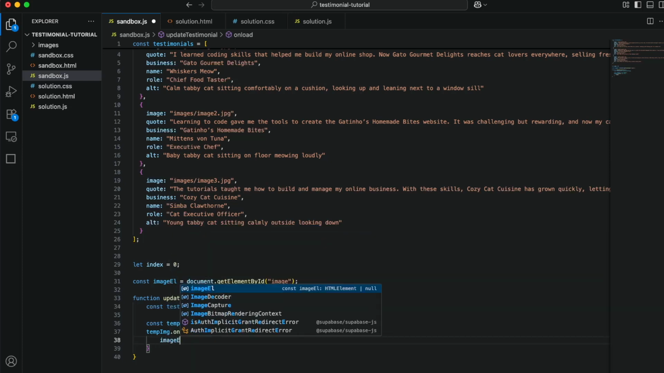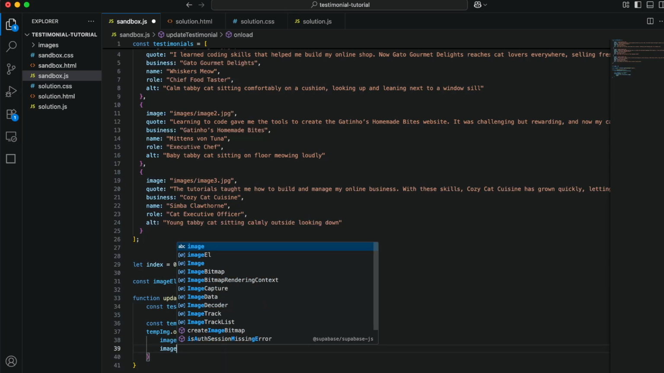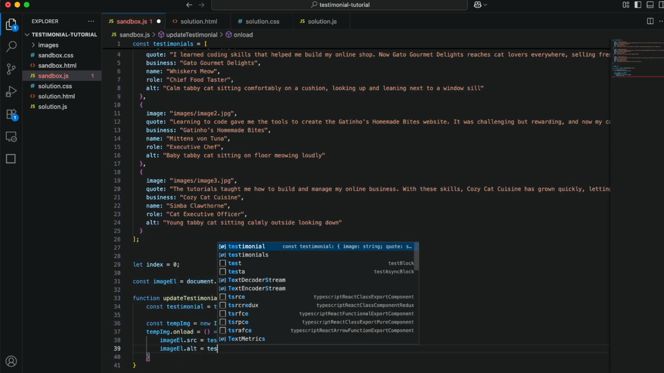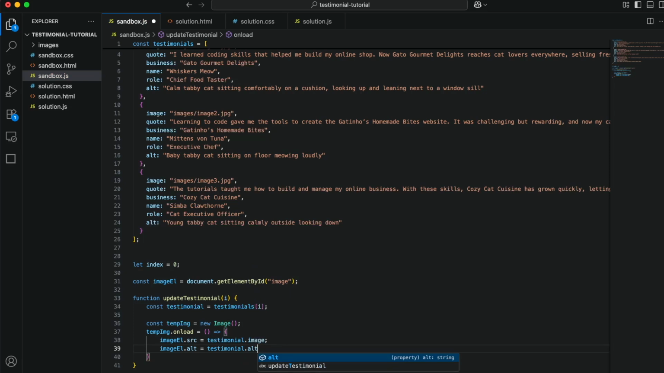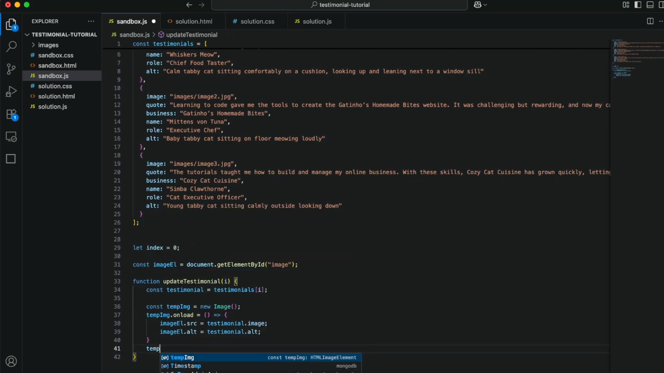We want to take imageEl, the image element dot source, and set it to testimonial.image. And then we want to say imageEl dot alt equals testimonial dot alt, like so. So we're setting the alternate text in the image, and then we're going to say temporary image dot source equals testimonial image, like so. So once the image is loading, we're setting that in the browser, and that's what we're